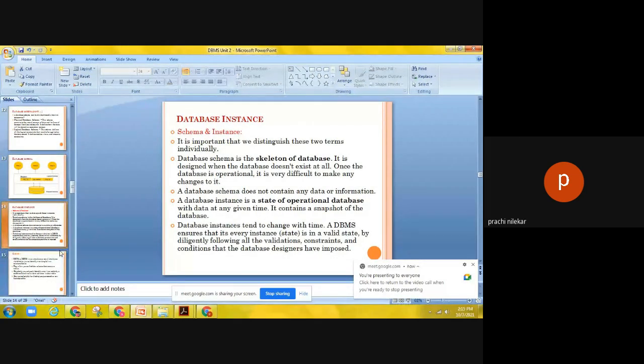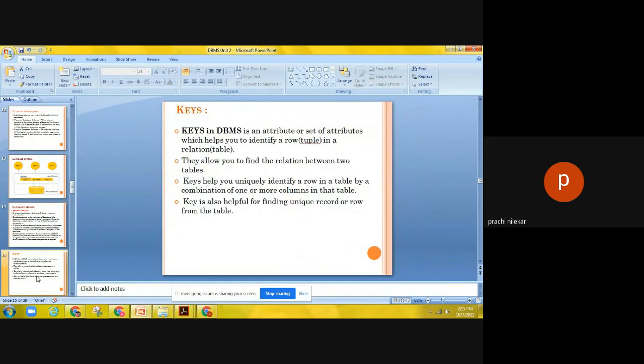Then the database instance, the overall skeleton of the database. When our database is operational, the snapshot of that time of the tables is nothing but the database instance. Now let's start with a new concept, the most important concept of the DBMS, that is